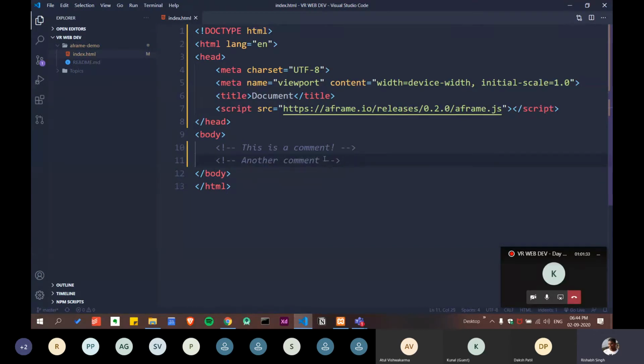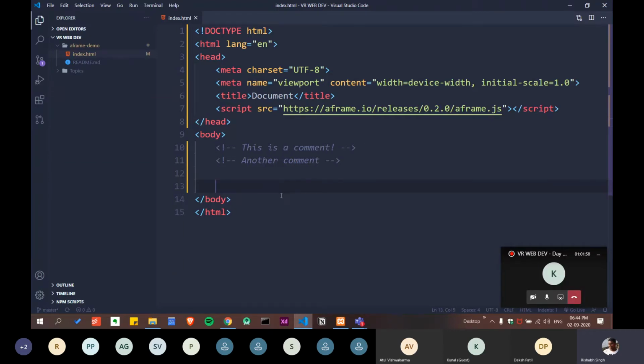So this way you can add comments super fast and you don't have to worry about a lot of typing. This is the magic of VS Code. And there are so many shortcuts. I have one sheet for you and I will upload it on classroom. You don't have to remember all the shortcuts, but it will be good if you do. It will make your job very fast.